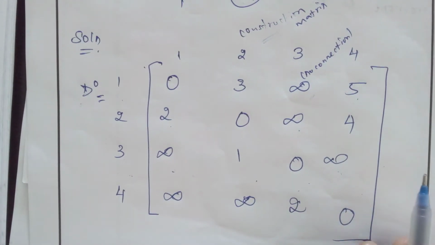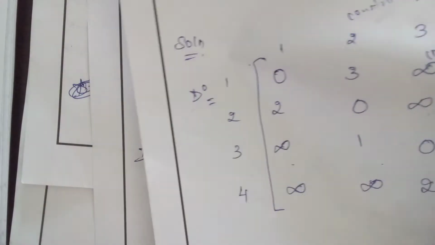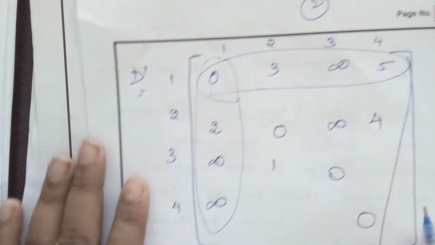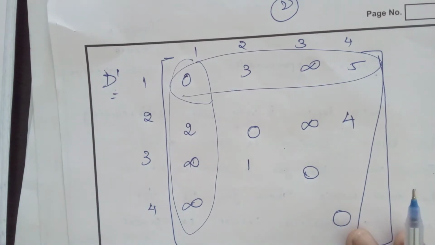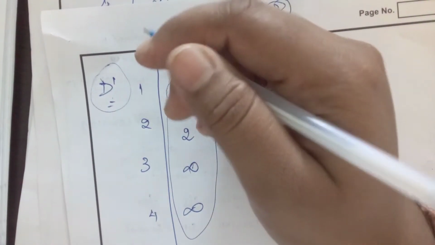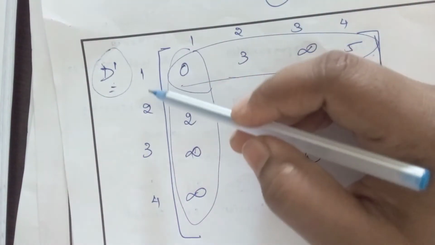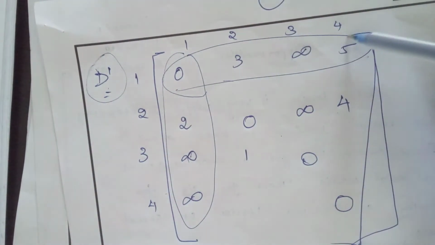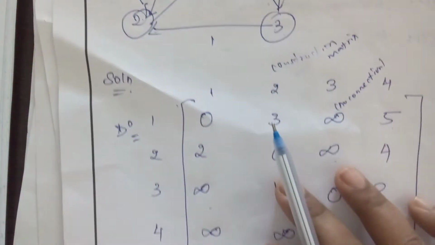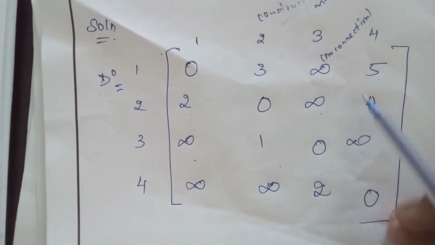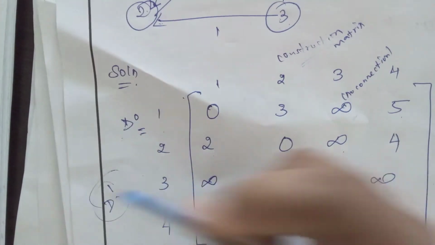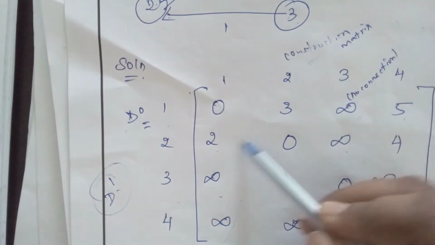Yeah, now see next one. I have constructed D0. Now I am going to construct D1, that is node one, D power 1. See, same 1 2 3 4 and here also 1 2 3 4, you have to list here. And then see in the previous graph D0 I have drawn this node. Now I am going to take D power 1, that is the next matrix. For that I am taking this one and then this one.